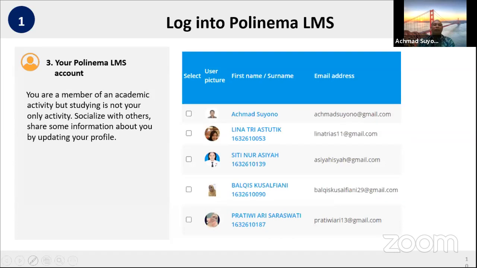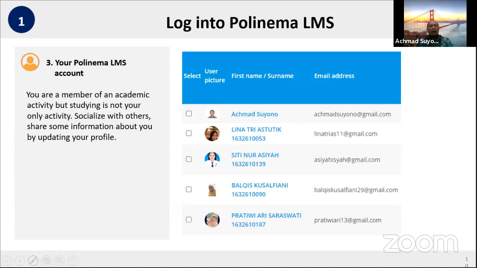Now, when you participate in online courses and online activities, you are not separated from others. It is only online, but you need to socialize with others. You need to communicate with them. One of the key aspects that you are going to use to socialize is your gesture to open yourself. You use your real name, not your nickname. For instance, you provide your profile photo so that your friends can see that, oh, this one is